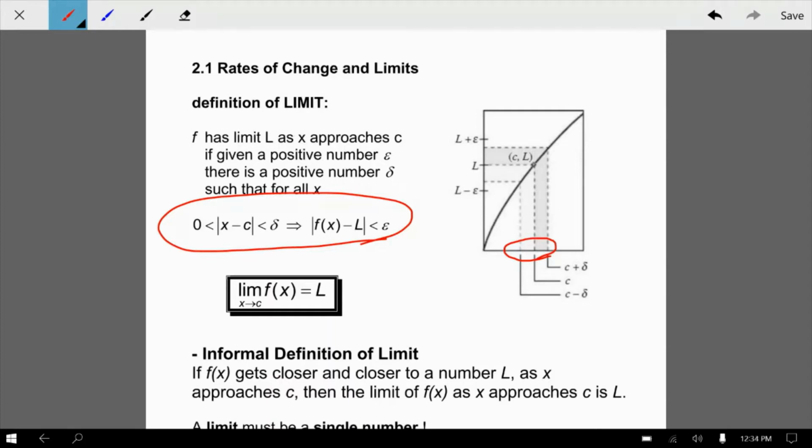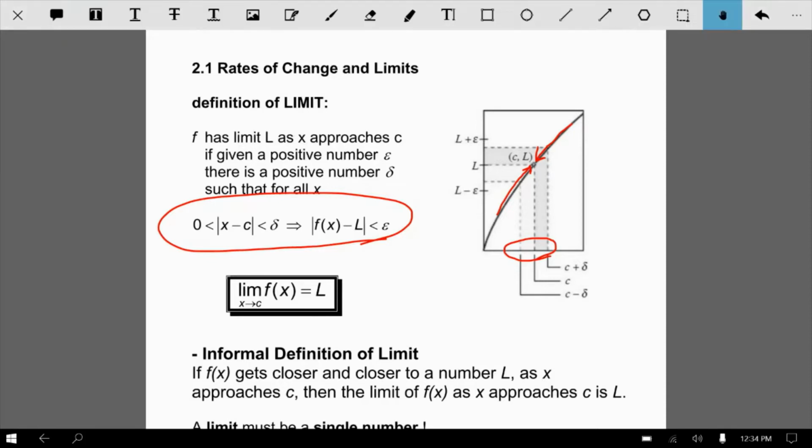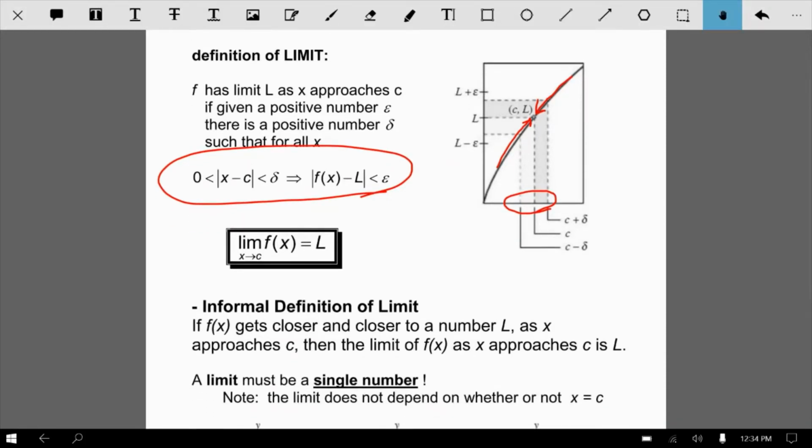And essentially what they're describing here is we're moving along this function towards the same point from both sides. So the big thing to remember is the actual value of the function at that point is not important. What we're trying to do is figure out what's the trend of this function, what's the behavior of it. It's trending towards a value of L from both sides. So again, you notice on this graph, it looks like there's a hole in the graph. That has no bearing on what the actual limit value is going to be. Okay, so if those two conditions are met, then that means the limit as x approaches c is equal to